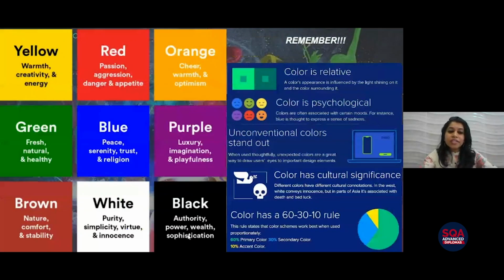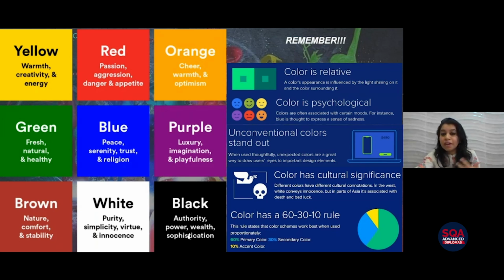These are the points that you need to remember when you are doing any design work. First is the psychological behavior of color. All the colors have different kinds of moods. So according to the mood, we need to make sure that we choose the right color for the right design. And how color is very relative. Like I told you, each color has a meaning. Each color is related to us.